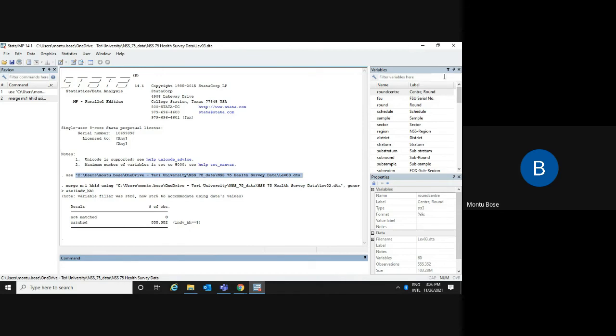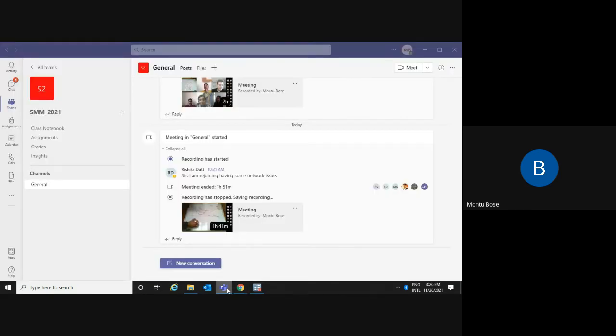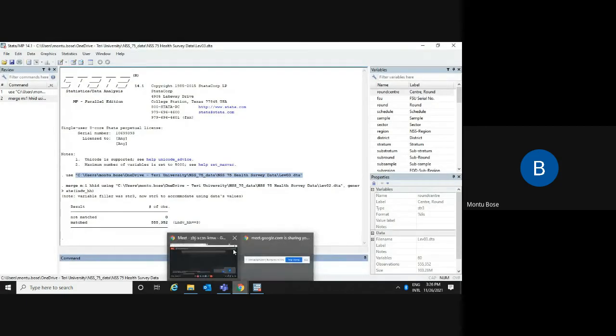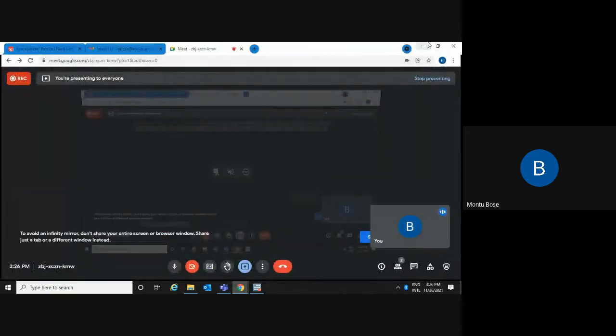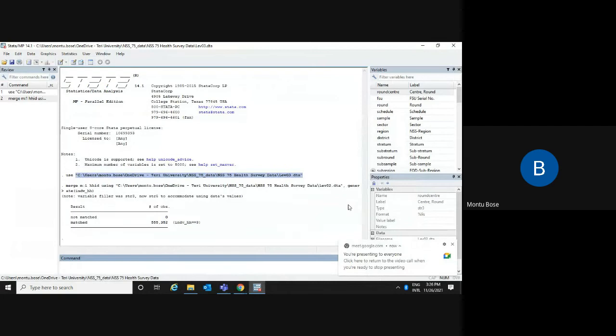Suppose a few individuals were there in your individual level data, but they were not present in your household level records. In such cases, your merging would not be 100% successful.